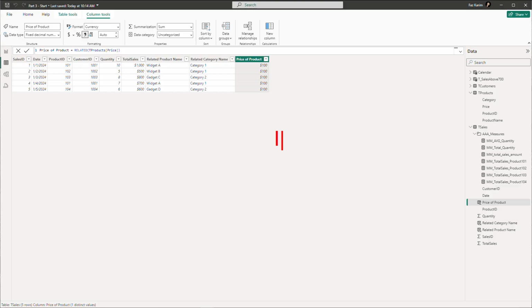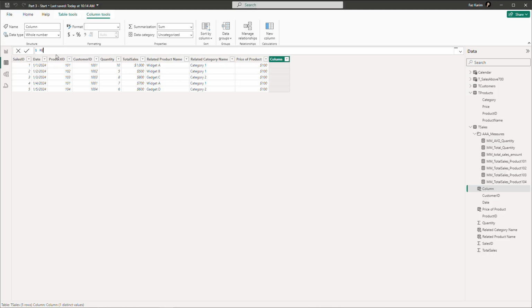A DAX function that might be useful to use is called the if function. I'm sure many of us have used the if function in other programming languages, or maybe even Microsoft Excel, where a logical test, a value if true, and a value if false are defined, and the logical test will trigger something true or something false in the results of a cell. The if function has made its way over to DAX, and if I create a new column in the sales table,